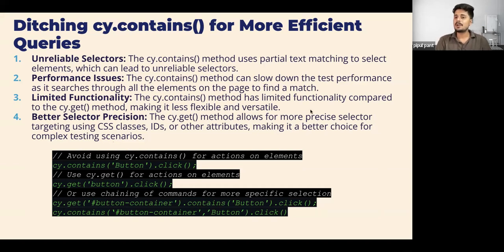So basically, cy.contains does partial text matching. Suppose in a UI you are trying to find a create new button, right? When you use contains, it will check for the element text. And suppose that text is placed in two different places, then cy.contains will fail, because cy.contains always expects that particular text to be unique. If it is not unique, it will fail with a failure like duplicate element found or something of that sort, right? So instead of that, it's always a good practice to use